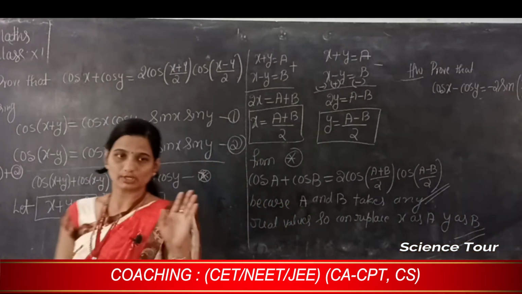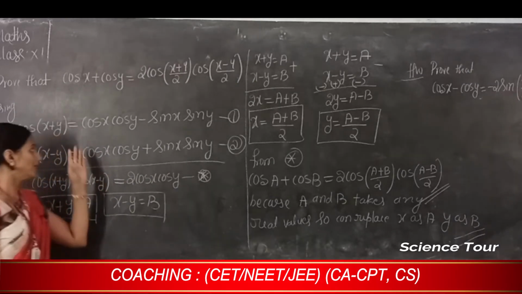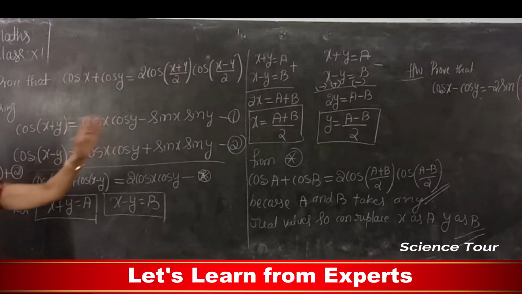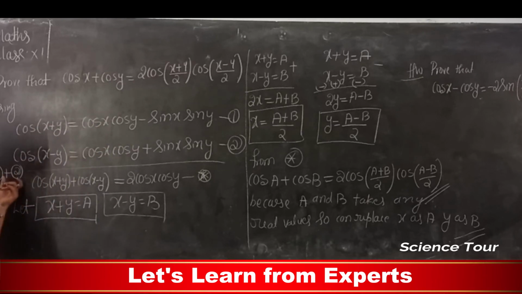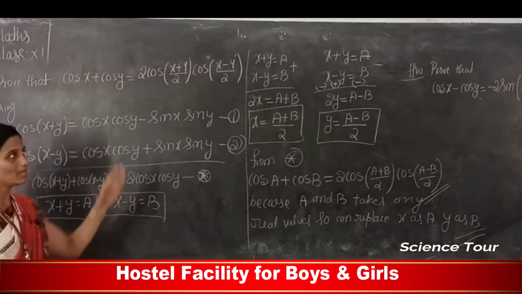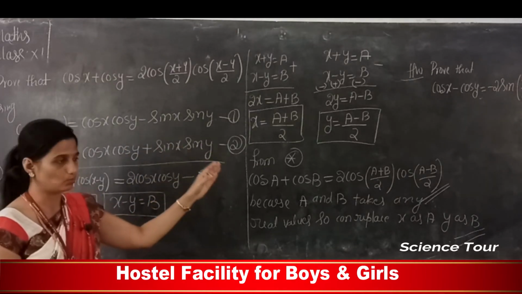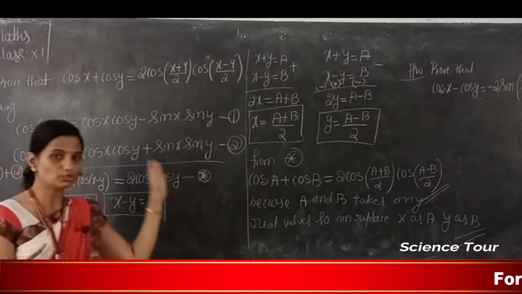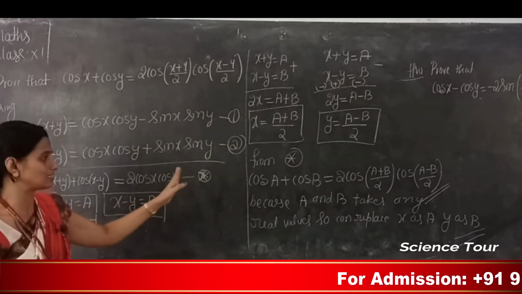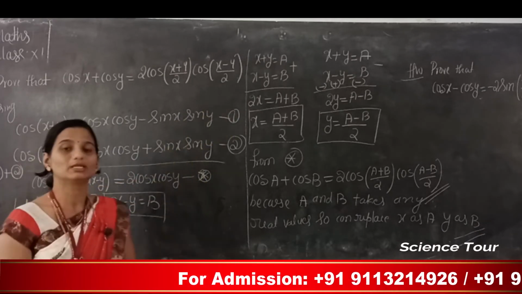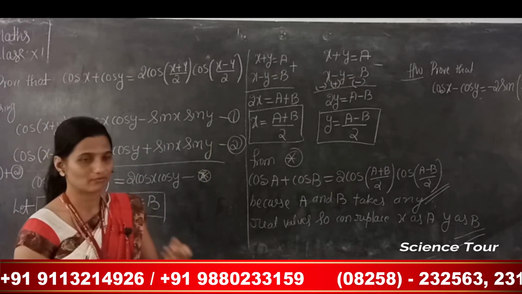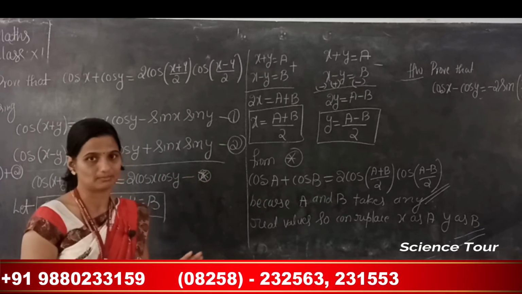Write equation number 1 and equation number 2. Here we added those two equations. There I need cos x minus cos y, which means subtract these two equations. Next let x plus y, x minus y, add those two, get x is equal to. Subtract those two, get y is equal to. Then substitute those 4 boxes in star and we will get that proof in terms of a and b. So we can replace a and b as x and y because those two are real numbers.